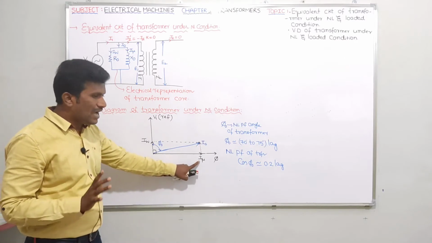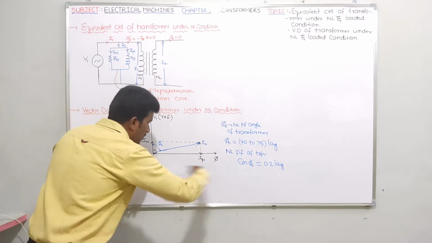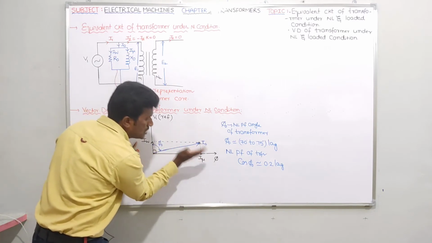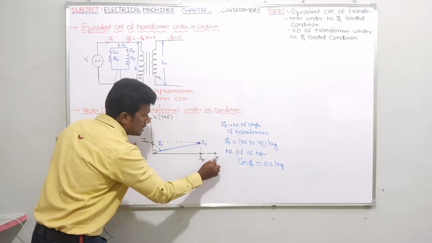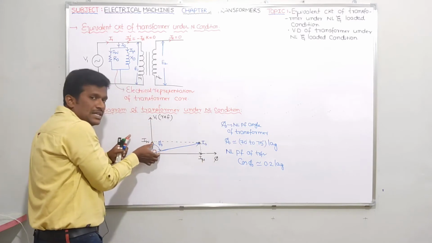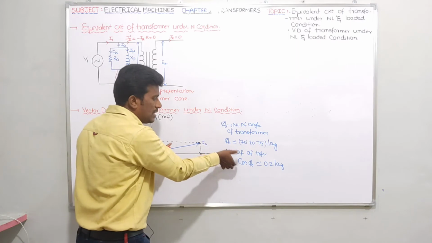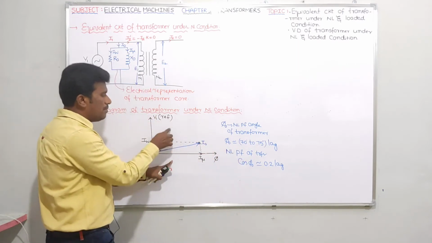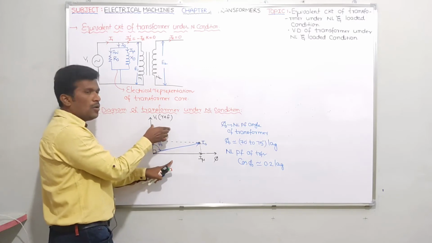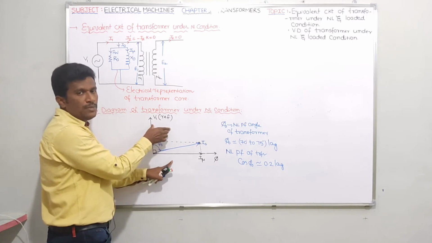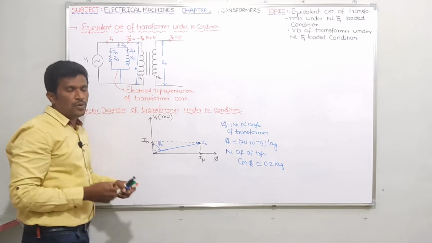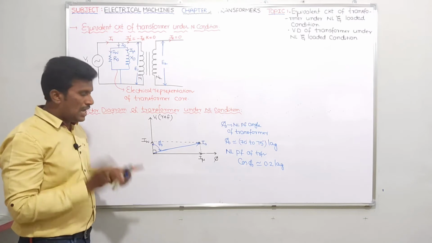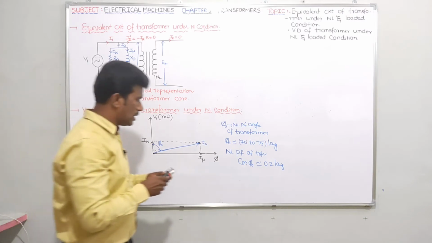Okay. Because of larger Iμ, since the Iμ vector is more, in the vector sum of IW and Iμ you are getting I0, it is coming towards Iμ, I can say. That's the reason φ0 is increasing. That's the reason no load power factor is reducing. If Iμ were less, this I0 might have come here. At that time, φ0 might have reduced, so cos φ0 may be increased. Yes or no? Therefore, why is the no load power factor of a transformer less? Due to larger Iμ value. That's it. Okay, that's a very important previous question.